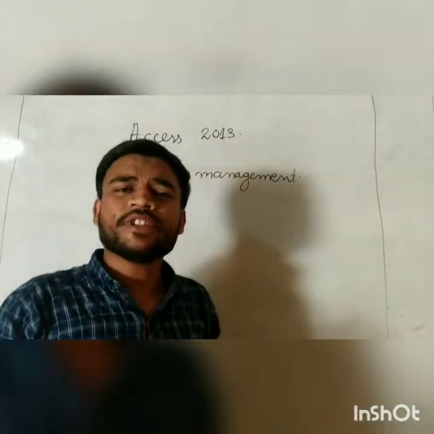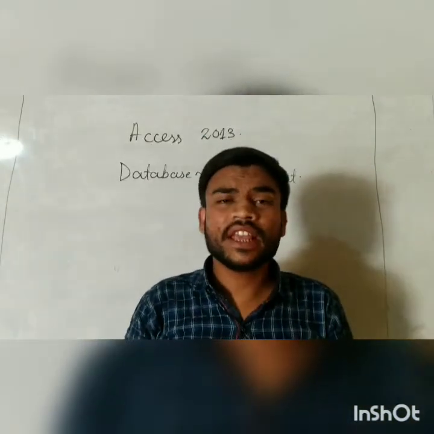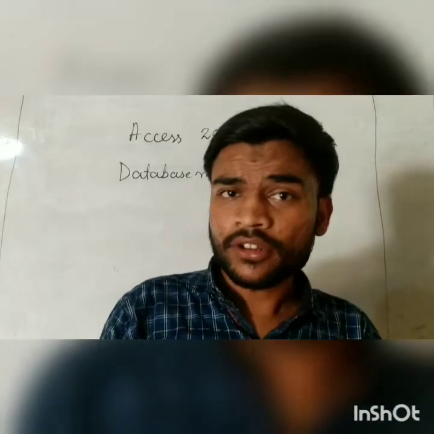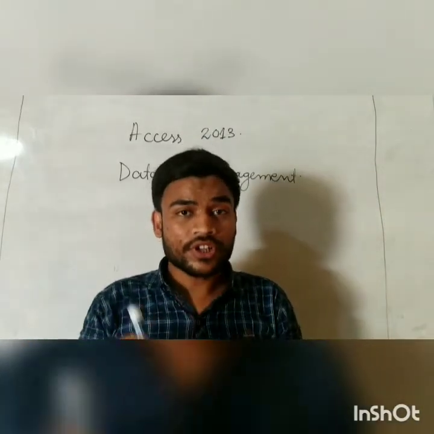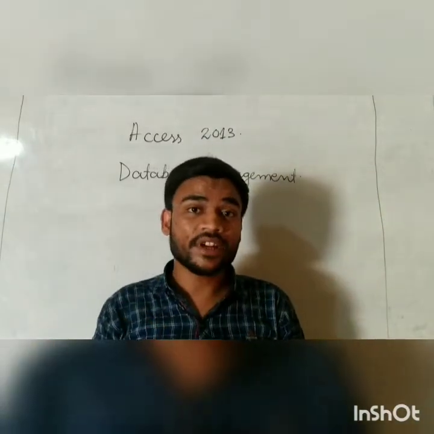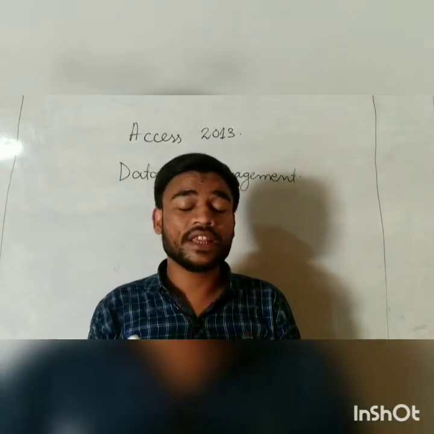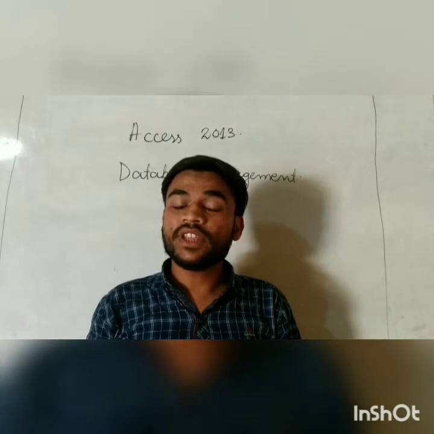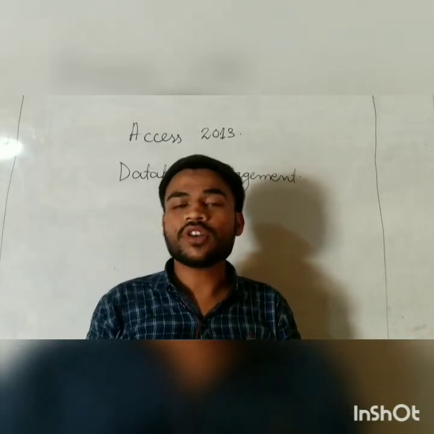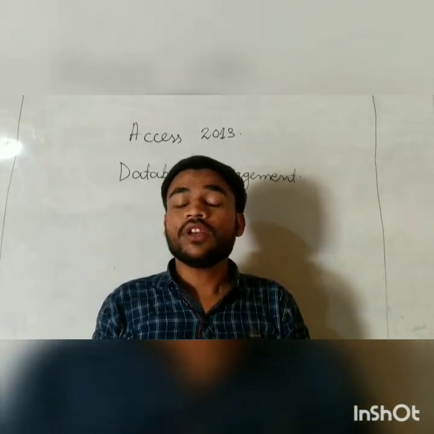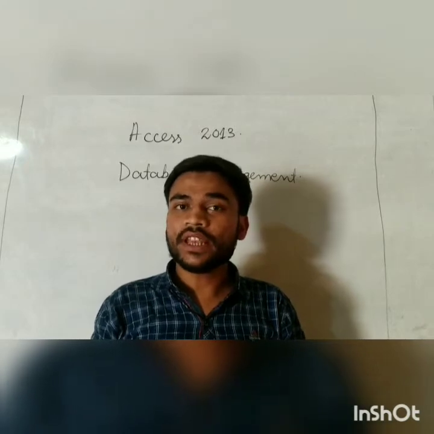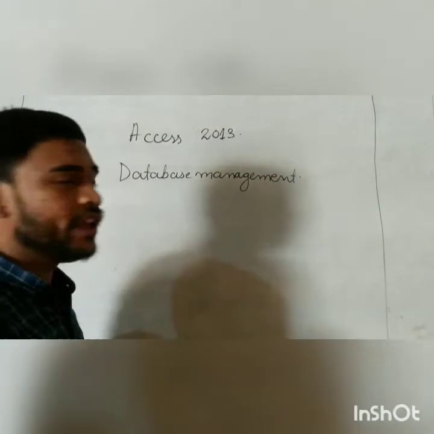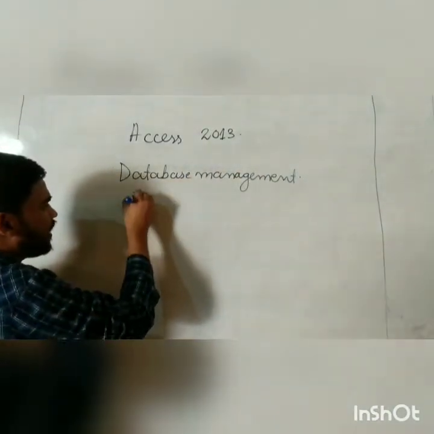Student, database management. Database management gives us the data in an orderly manner. We know what our data is. We can give the titles, the file names, and the field names as well. And we can maintain our records in rows and columns. So whenever we need our data, we can directly get it through the file name or the field name.